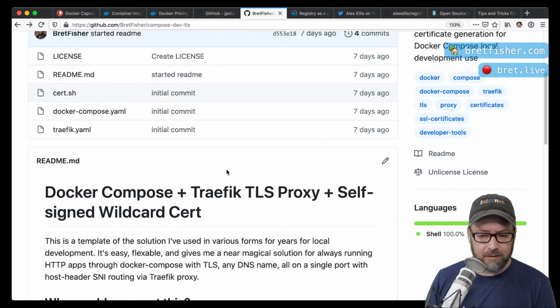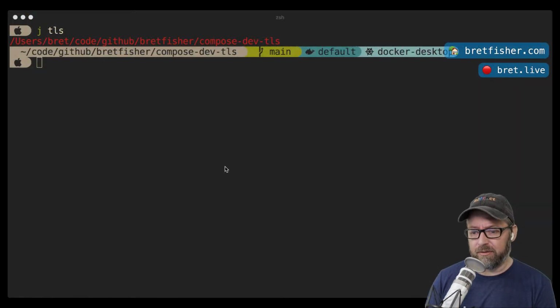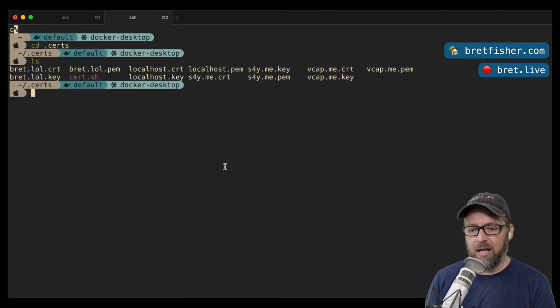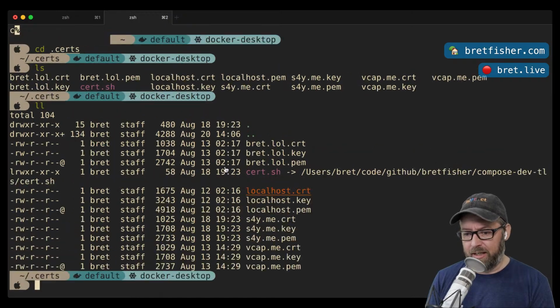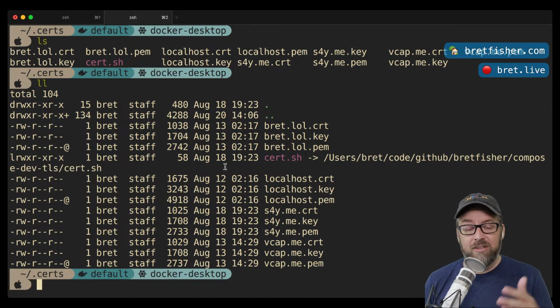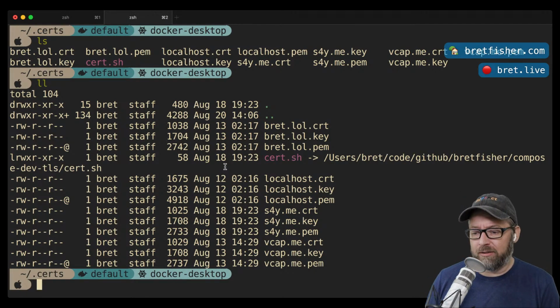I store mine in a .cert directory. So if I go in here, let me just zoom in on that. I have, for each domain I might want to use someday as a TLS local host domain so I can develop on it locally, a folder. So none of these are production domains. They're all dedicated strictly to just being my local wildcard.